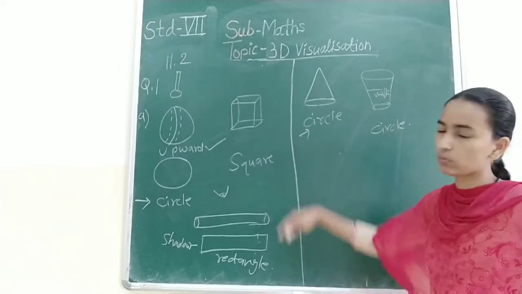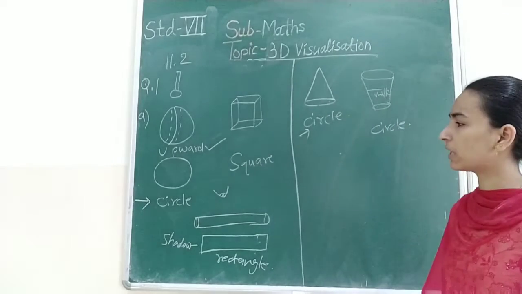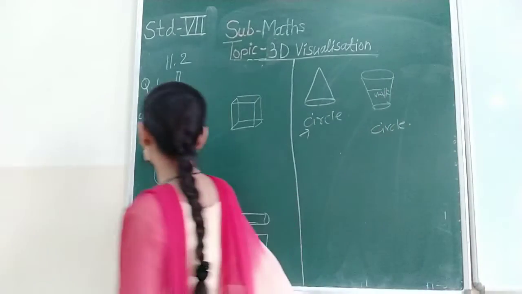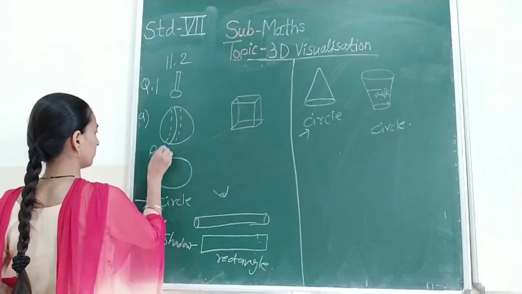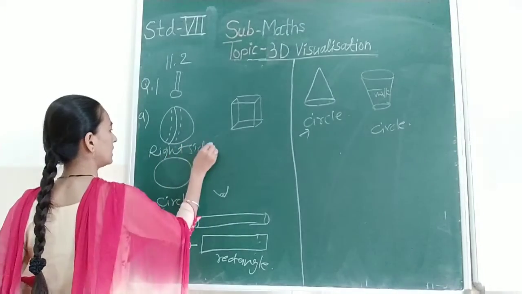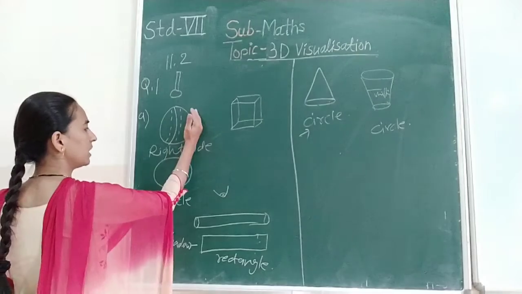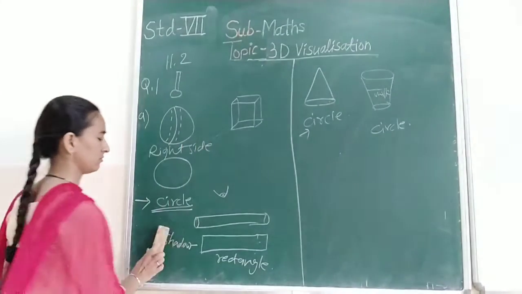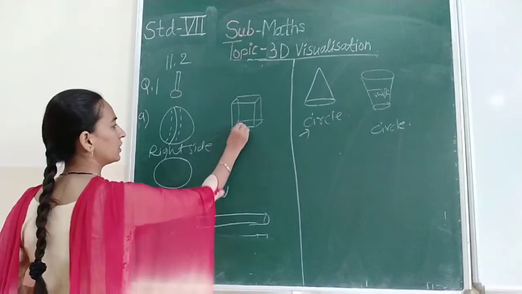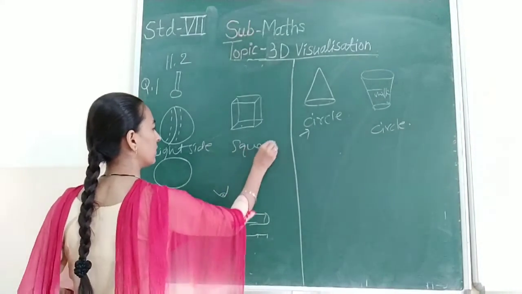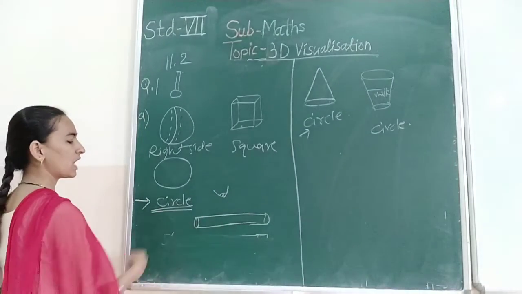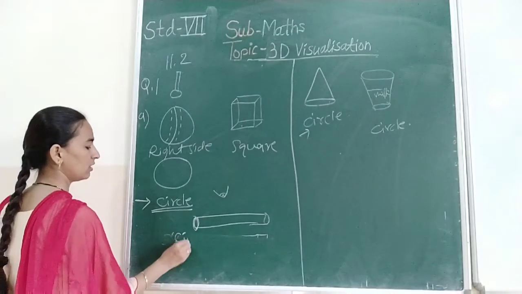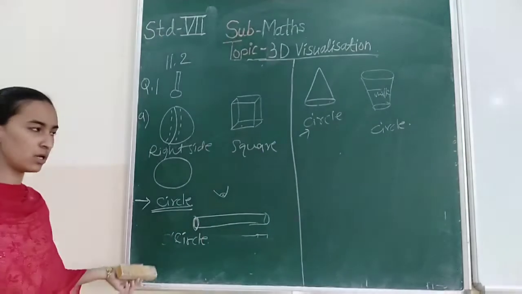Now see all the objects from the right side. The answer will change if we see from the right side. Now the upward is over. Now see from the right side. When you see this sphere from the right side, what will happen? It gives a circle. For the next, it gives a square. But for this one, when you see from the right side, it doesn't show a rectangle. It shows only a circle. The answer is changed for the newspaper.